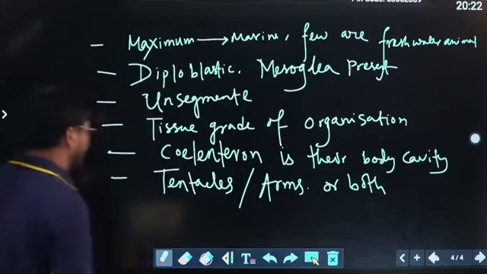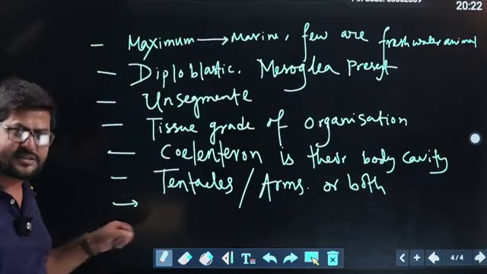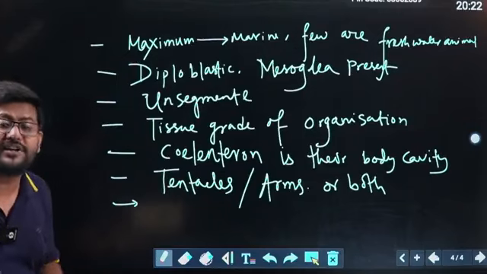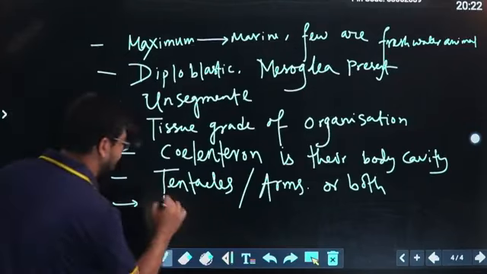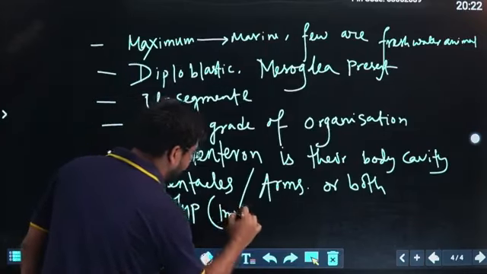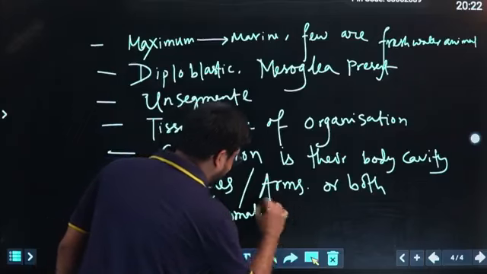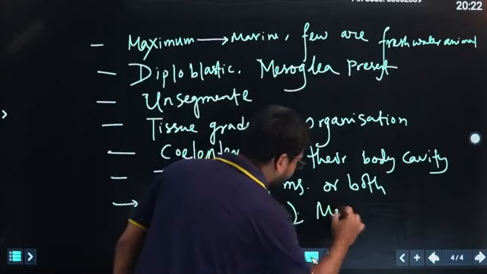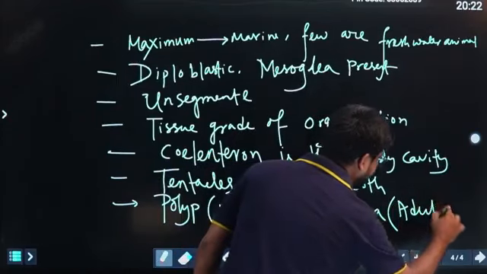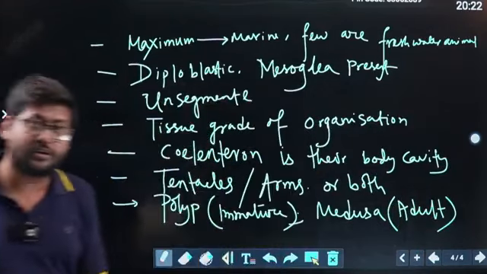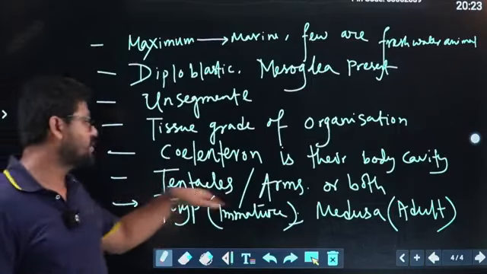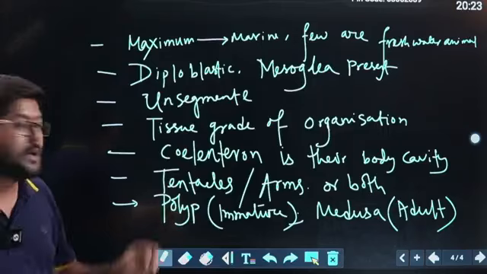Okay. Another thing is that these individuals have metagenesis. It is an important thing, which means they have a polyp or immature stage, and they have a medusa. It is the adult stage. As this animal contains both immature and adult stages, which you can recognize separately, that is why this kind of thing you can say is metagenesis.